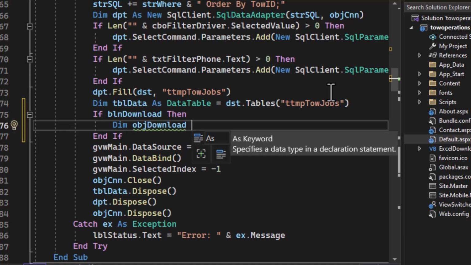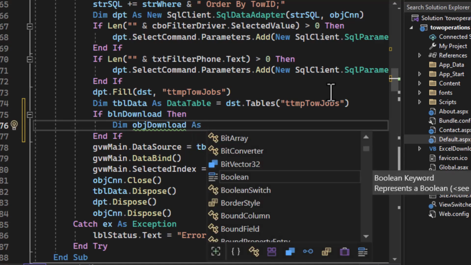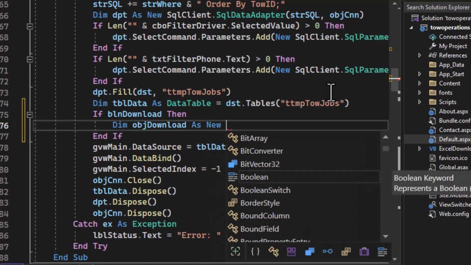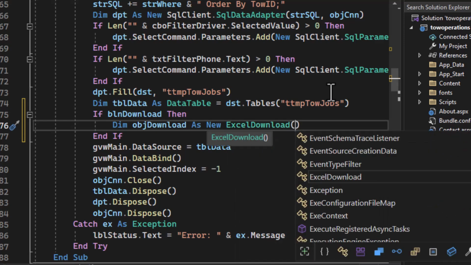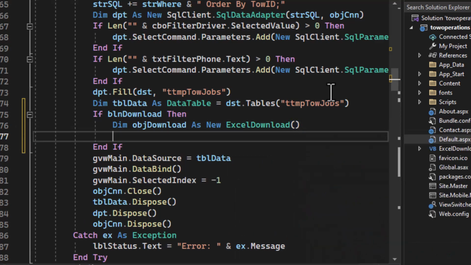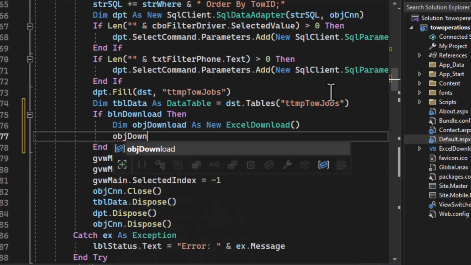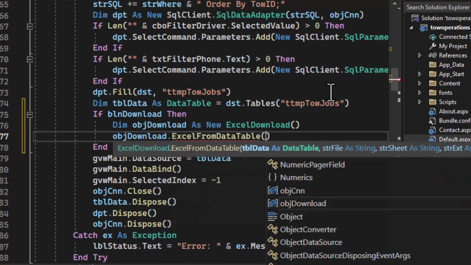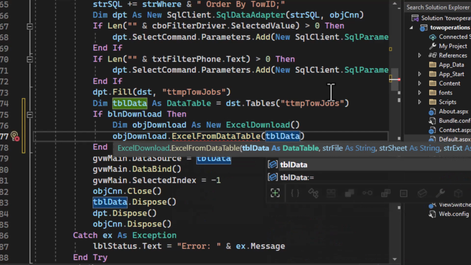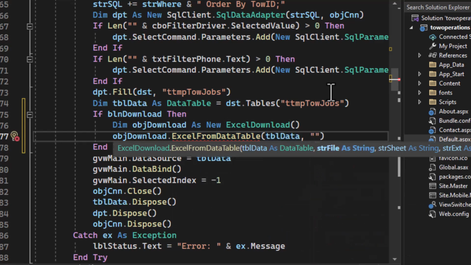So what do we need to send a download? Well, we can use our download object that we just created, our class. So we'll say dim download object as new Excel download. That's the class that we just created, the Excel download. And then all we really need to do is say download object dot Excel from data table. We already have the data because we've calculated it and we have it ready to use to load our grid view. So all we've got to do is give it a file name,